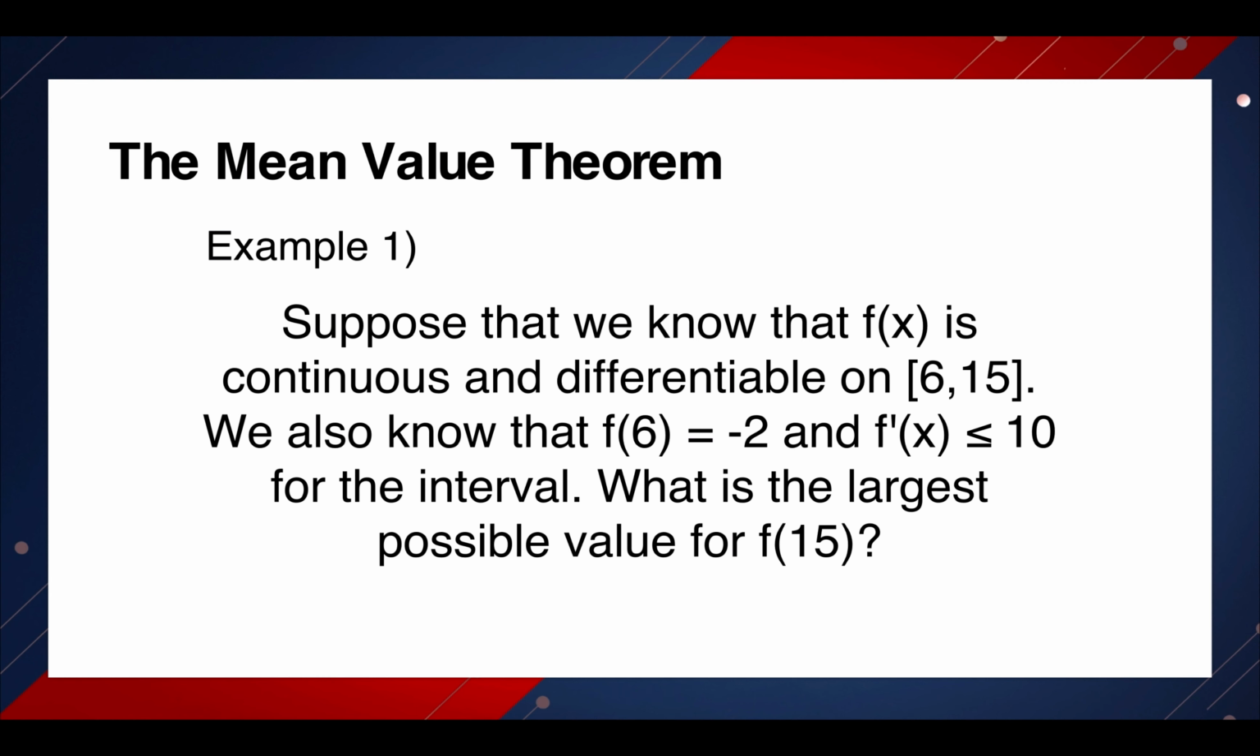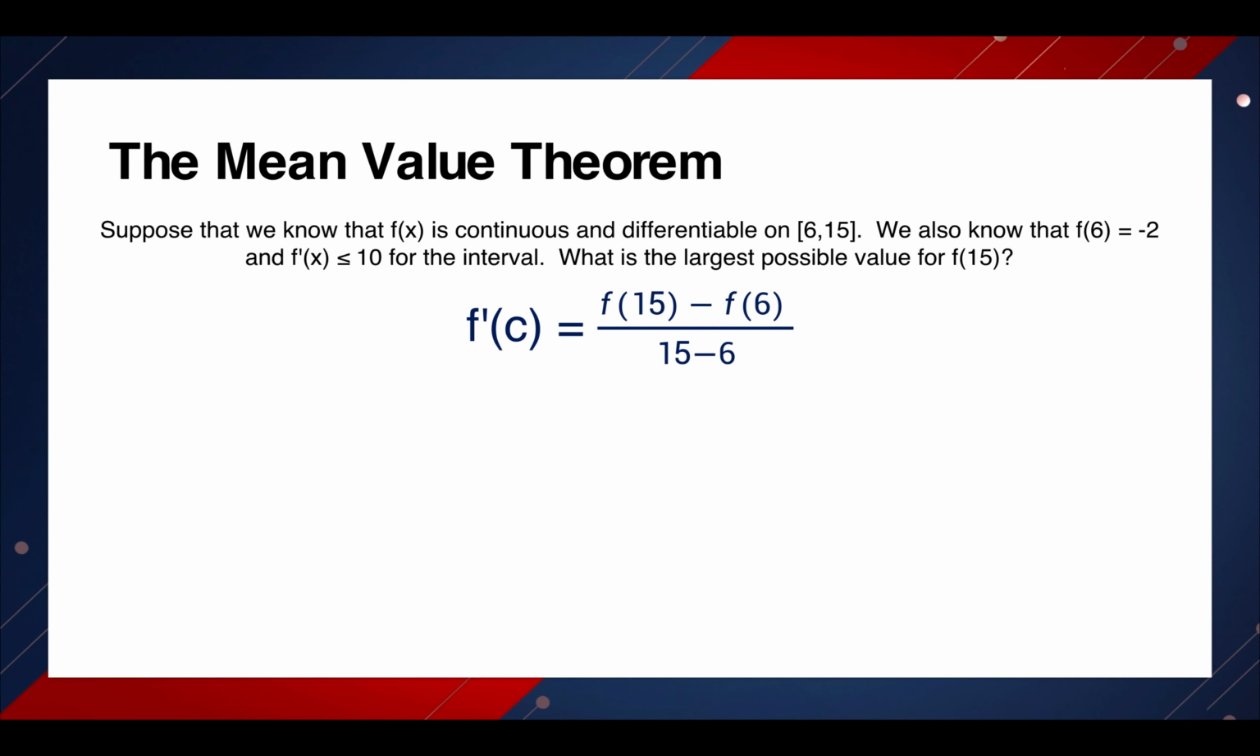Suppose that we know that f(x) is continuous and differentiable on the interval 6 to 15. We also know that f(6) is equal to negative 2, and the derivative of f(x) is smaller than or equal to 10 for the interval. What is the largest possible value for f(15)? So according to the mean value theorem, there exists one point whose derivative is equal to (f(15) minus f(6)) over